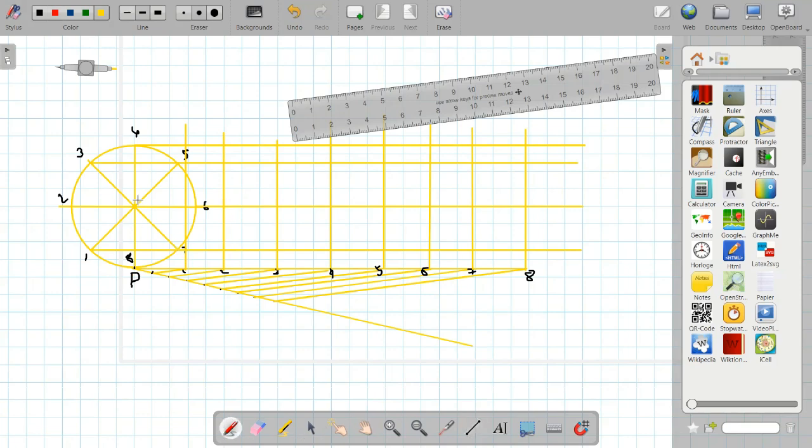So let us say this is the original center. Then where this projector 1 and this line intersect, that will be termed center C1. Similarly, this will be termed C2. Then this will be C3,